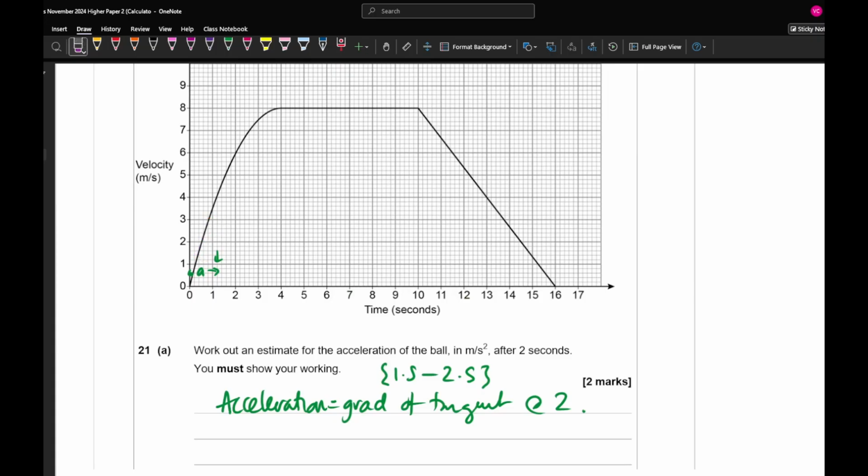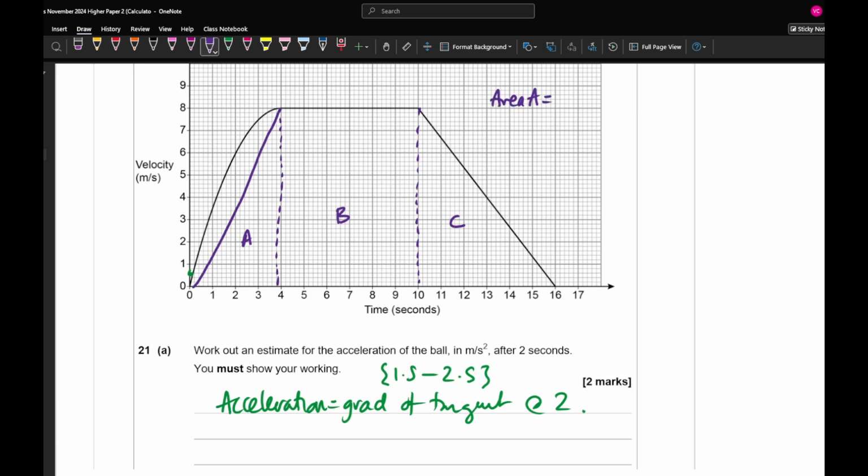If I split this graph up into 3 sections, let's just draw a line from here to there. So if I call this area A, this area B, and this area C,